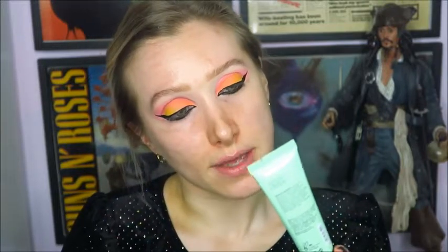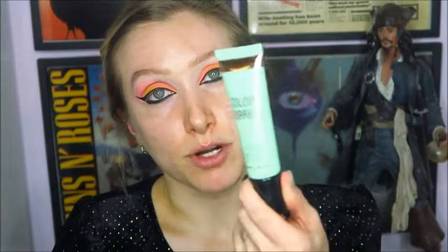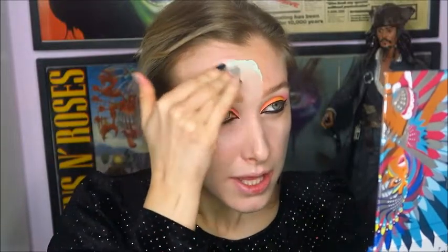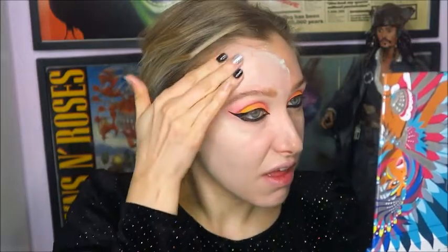And to start off with, I'm using the Colour Correct and Fix Primer by Makeup Revolution. It's green tone, so that means it will cancel out all the red in my skin. And I'm wanting my skin to look very flat, that doll-like, no kind of tone appearance to it. Ugh, I hate how this primer feels. I like how it looks and I like how makeup sits on top of it, but